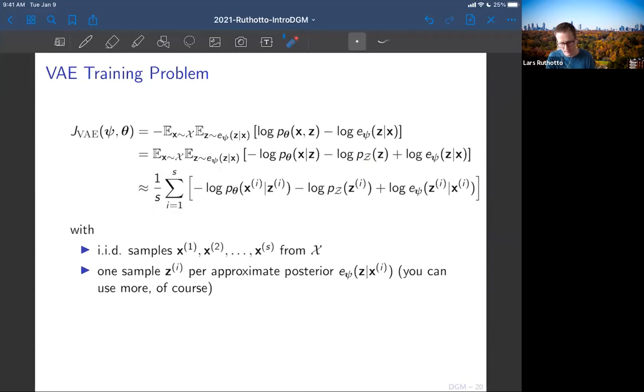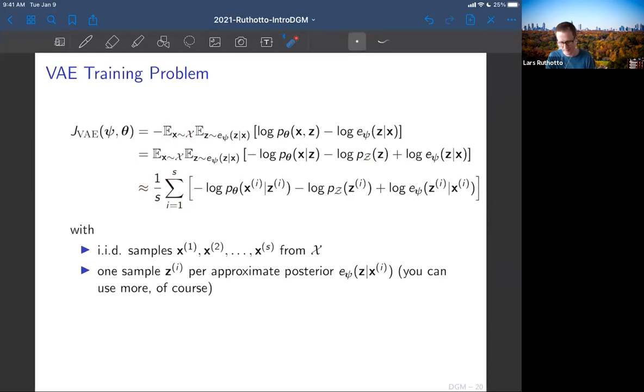And now I'm going to make another assumption that will for sure make Wolfgang uncomfortable, and probably everyone here, because I have two expected values to worry about. The first one, I can easily do the same thing that I did before. I replace it by this term here. The second one, I'm actually going to replace by just one sample, so a Monte Carlo with one sample.